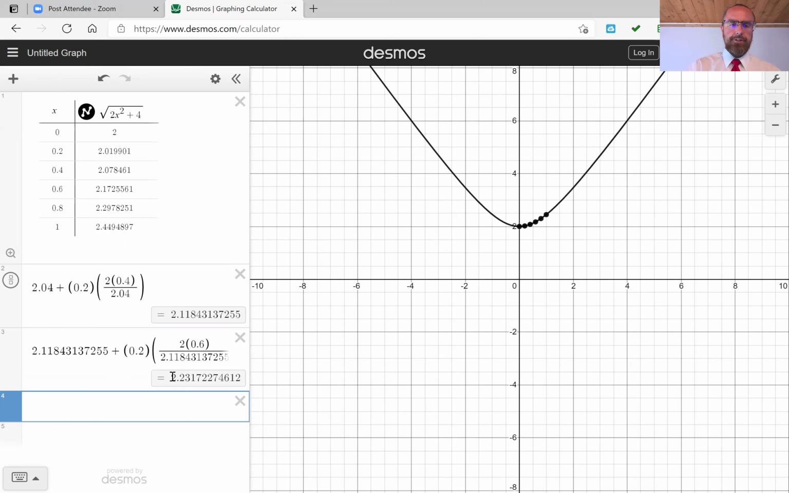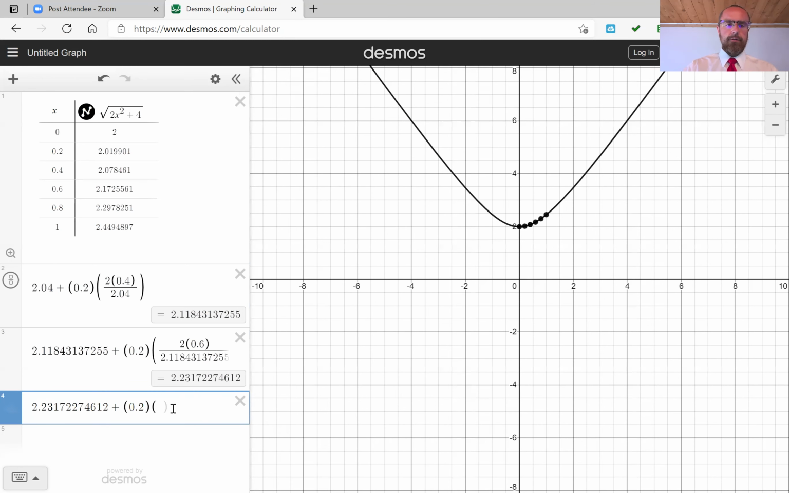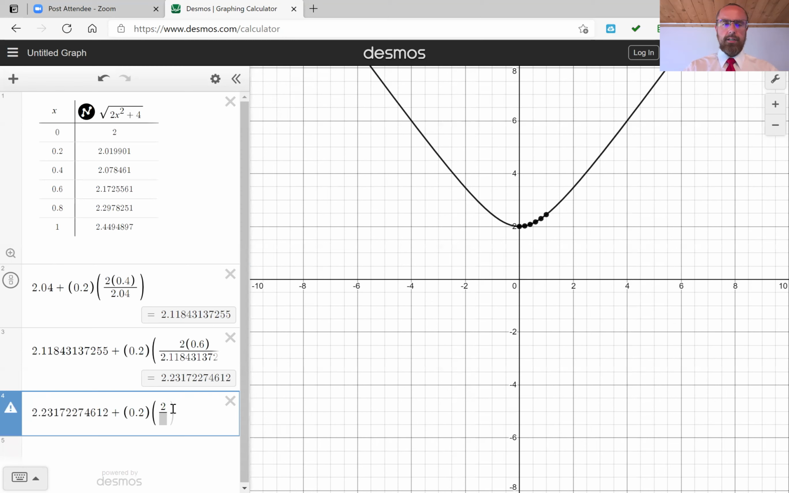Again, I'm going to continue on here. We've got to do 2 more of these iterations. So I'm going to make sure I copied that. I highlighted it. Okay, paste it. So that's previous term plus 0.2 times the function, 2 times, now my x value has gone up to 0.8,